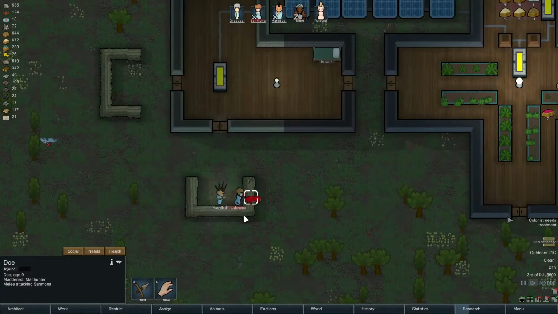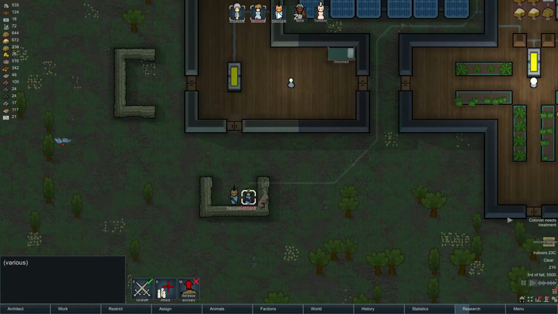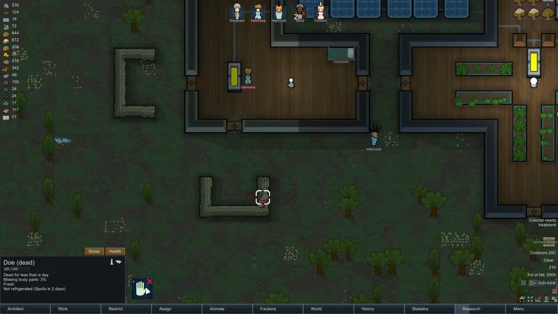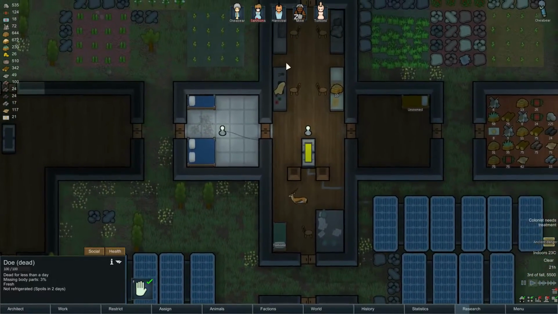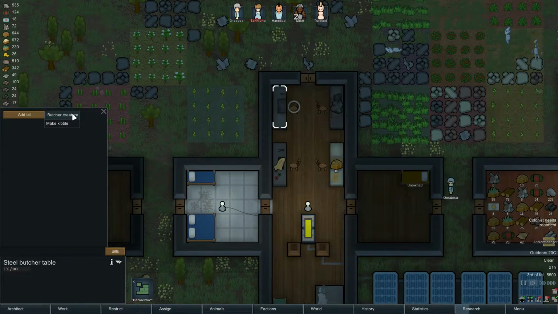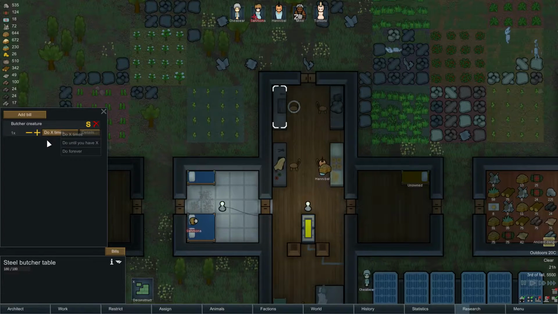Alright. She actually has to melee that guy down. And blap, he is down. Excellent. So we're going to de-recruit them. She'll need a bit of... so you can grab that. And then maybe we can try... Bill. Add Bill. Butcher creature. Do X times...